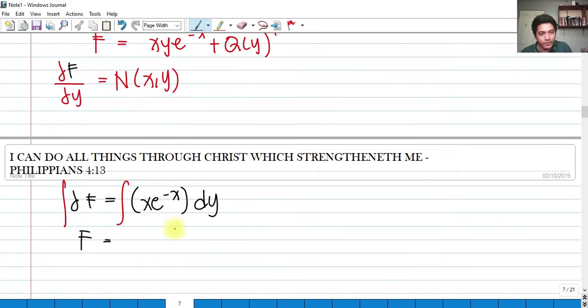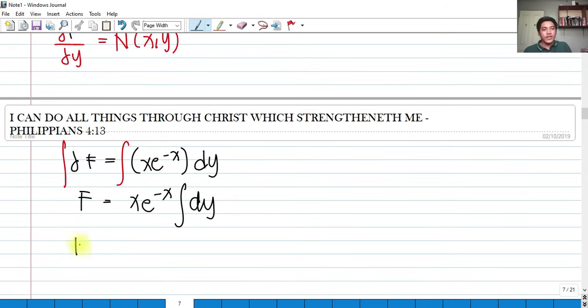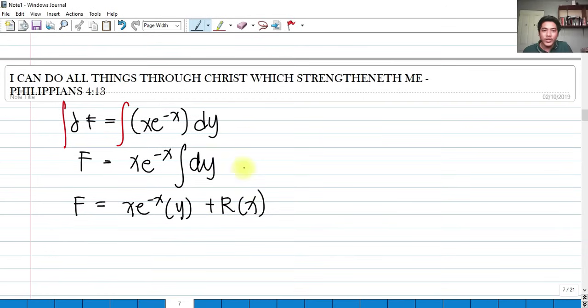So this would be what? As you can see, this is in terms of dy, so I can factor out x e raised to negative x, integral of dy. So that's very easy. x e raised to negative x multiplied by y plus r of x. Okay? A function in terms of x, because we're integrating with dy. So this should be f is equal to xy e raised to negative x